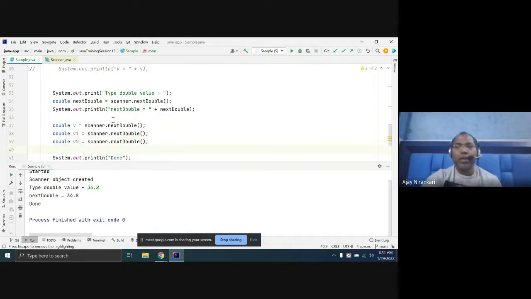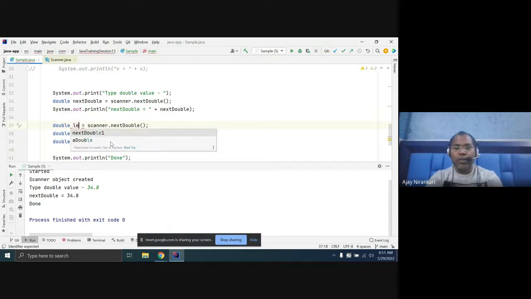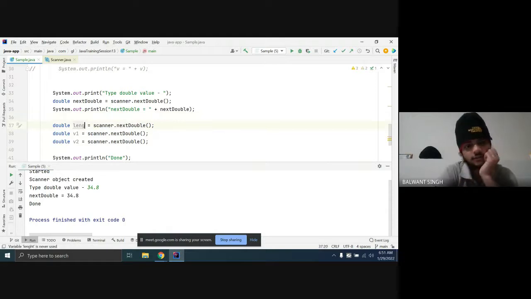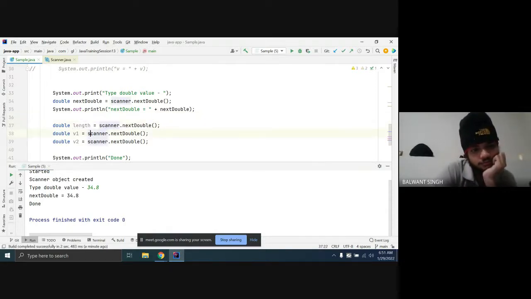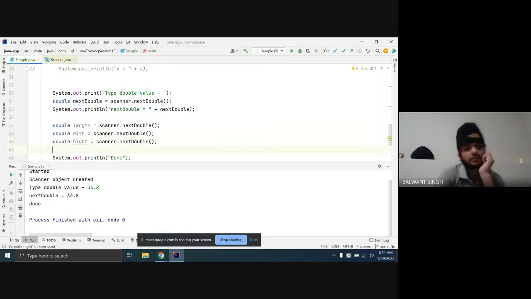Here you are expecting length with height, right?